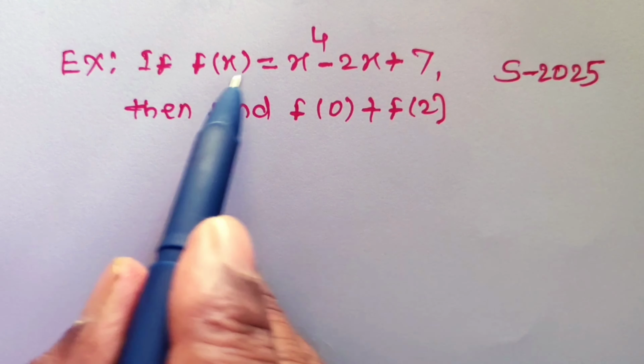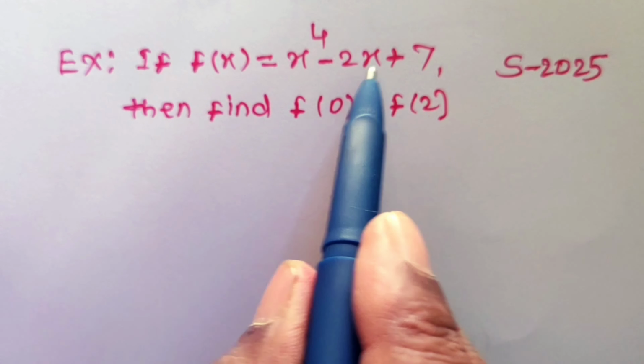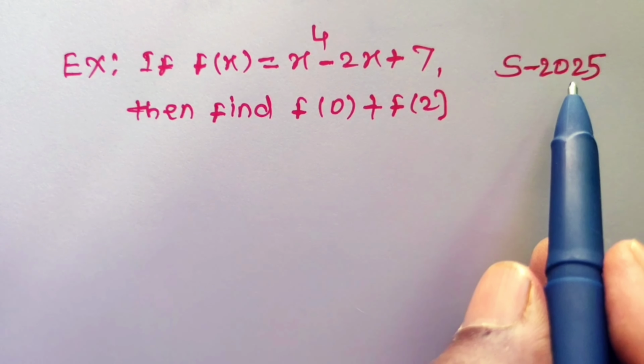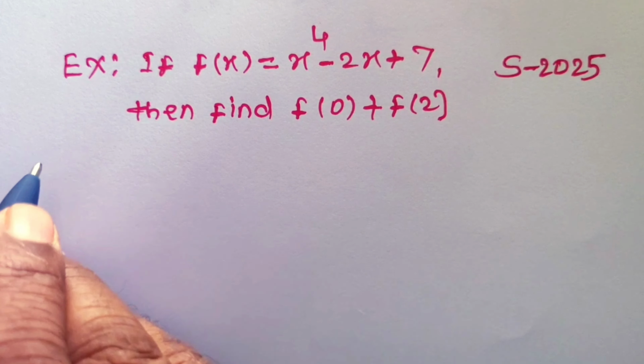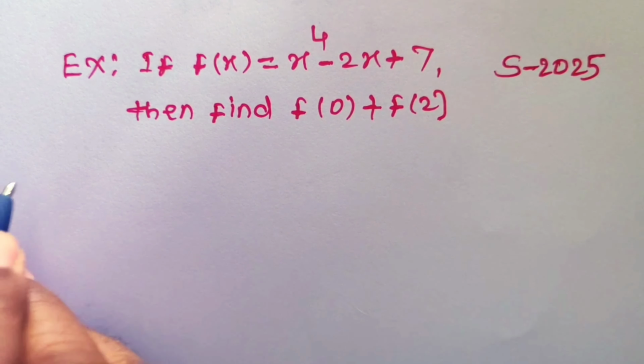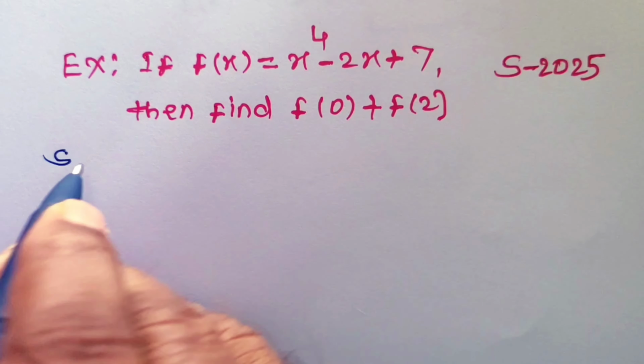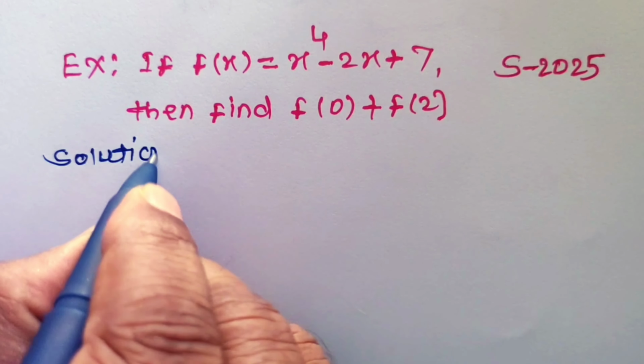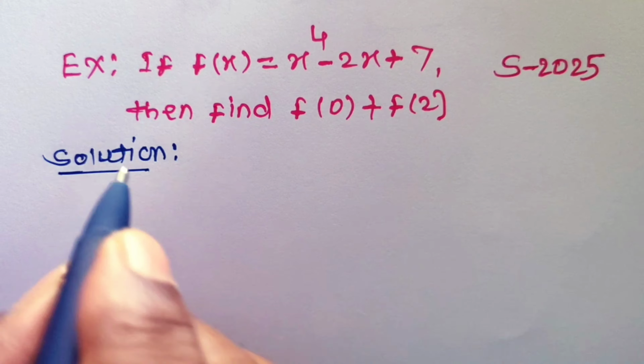Hello everyone. Statement of the problem: if f of x is equal to x to the power 4 minus 2x plus 7, then find f of 0 plus f of 2. This sum appeared in summer 2025 for 2 marks. So, solution for this,